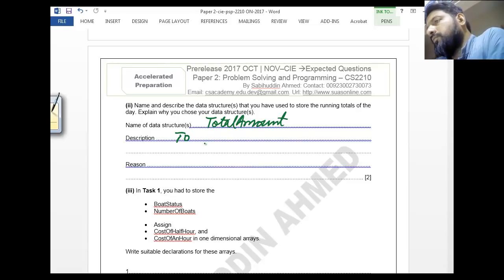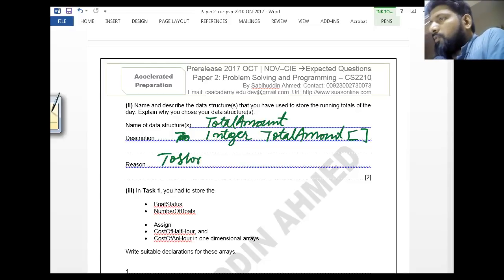Total amount. Description: let's suppose integer total amount and the array brackets, right. Reason to store